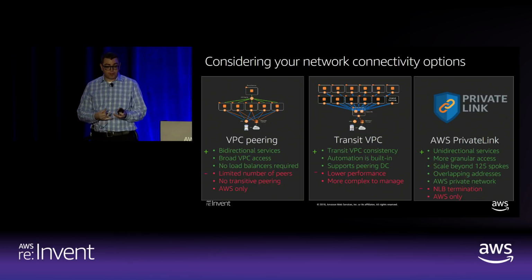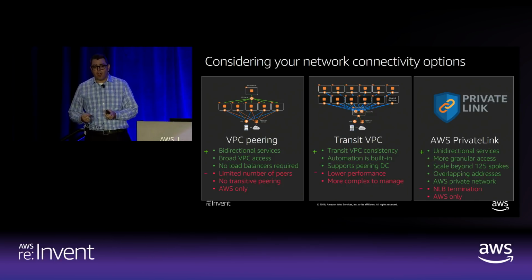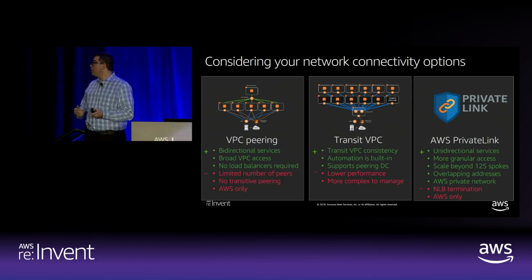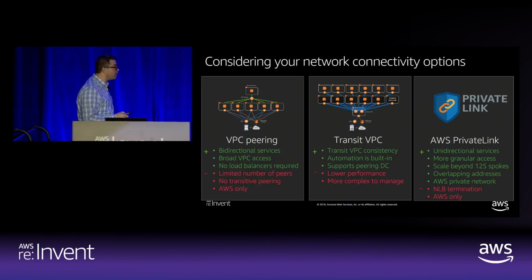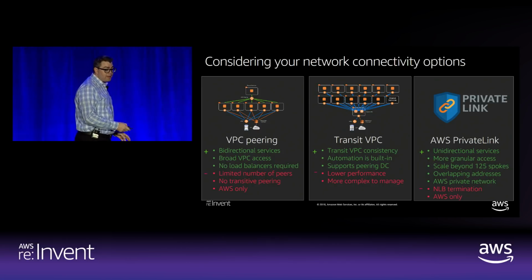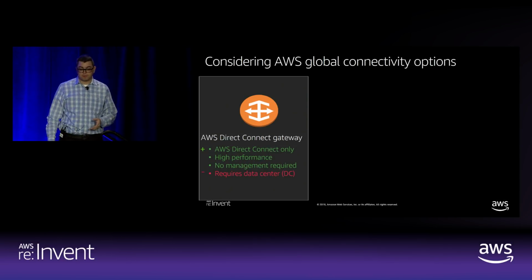But in addition to that, you may want to peer to them. Why? Because you're delivering a single tenant workload, maybe a database workload, and you want to deliver that database workload in a secure network connectivity way. How can you do that? Well, you can enable them to connect through an endpoint on Transit Gateway for them to peer accordingly. So it's a very, very flexible way to enable your customers. I wish I had a slide for it, but unfortunately, I didn't know when they were going to announce it.